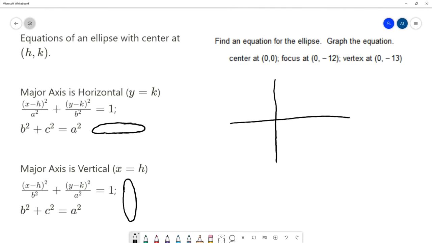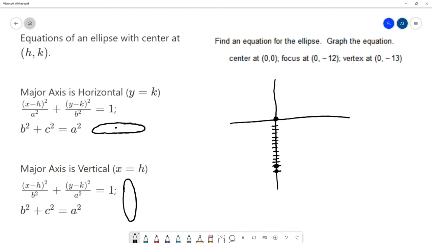So our center is at 0, 0. We have a focus at 0, -12. So 1, 2, 3, 4, 5, 6, 7, 8, 9, 10, 11, 12. That's our focus. And then we have a vertex at 0, -13. So maybe you think that that's not enough information, but I also know that my